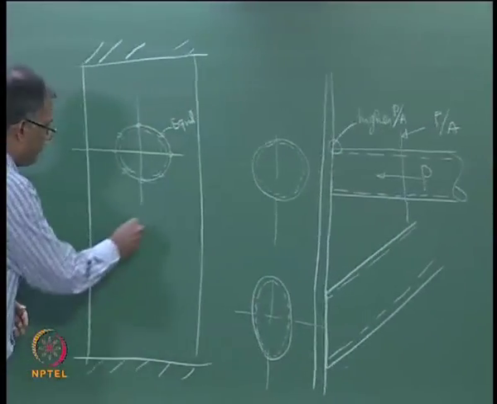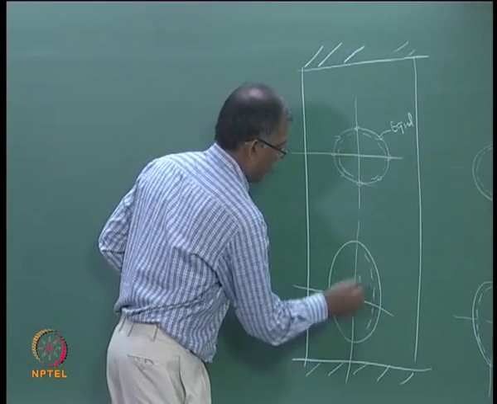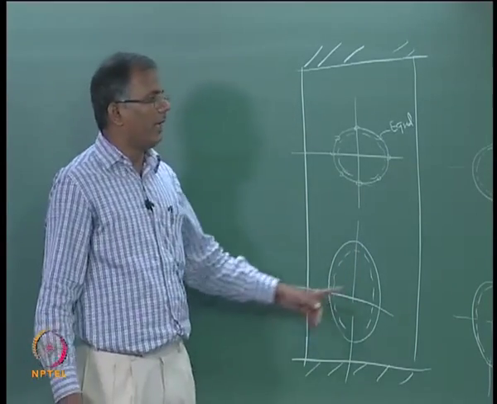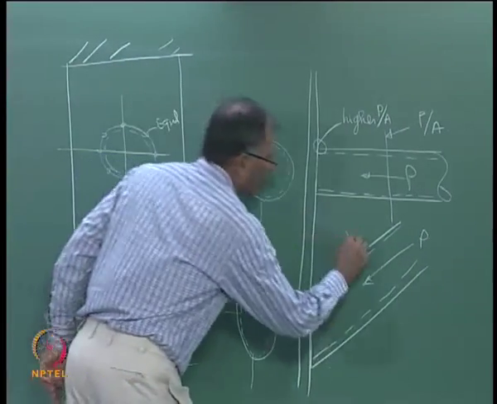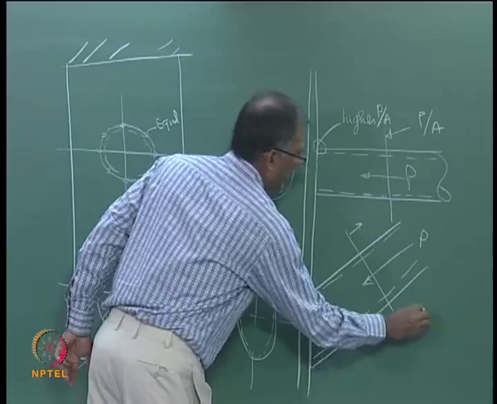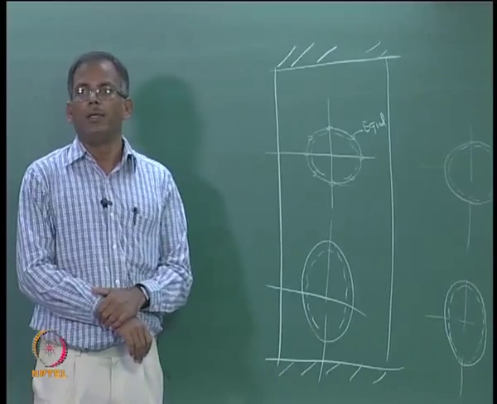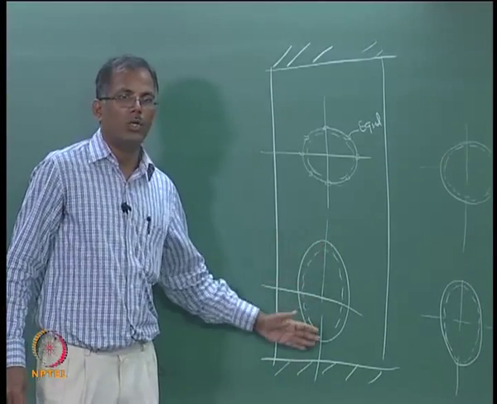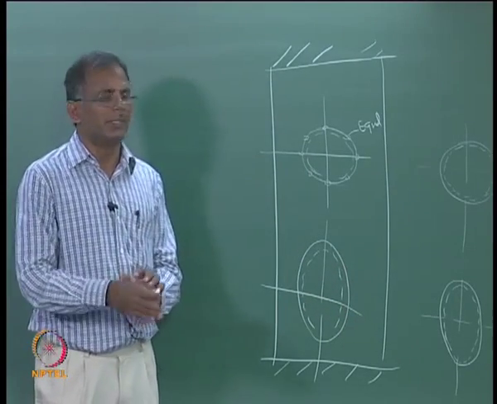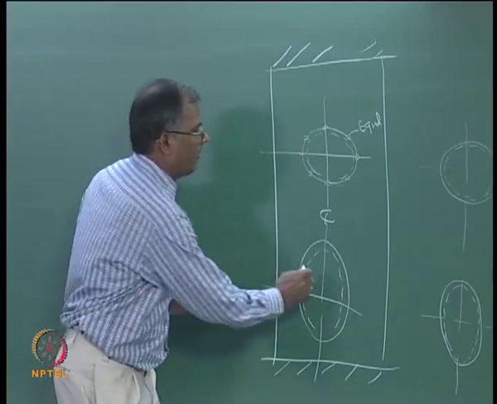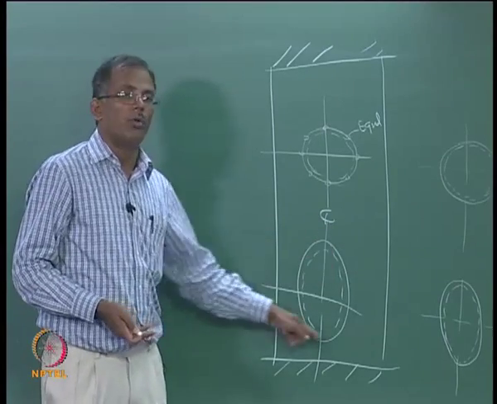When I come here, what will happen? Will I have the same? I will apply P here. If I do a perpendicular cross section, I will see P by A, a little bit away, but when I come to the junction, I will not see that stresses are equal. I will see some higher stresses here, lower stresses here, different stress here, different stress here, because I have an inclination, and the pattern will be symmetric. If I look at this center line, the pattern here and the pattern here will be similar, but it is not going to be a uniform stress any more.